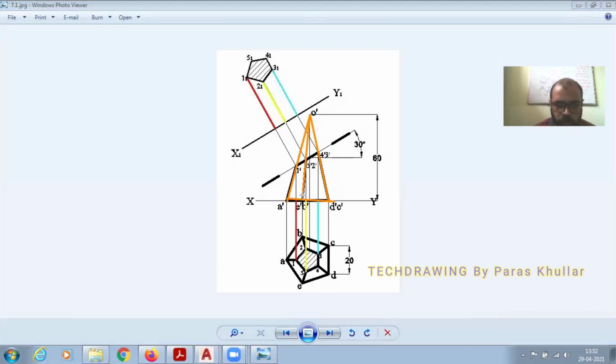right? So now what we will be doing, first of all, we will be drawing this cutting plane, okay, which is bisecting the axis. So that bisecting the axis will be done from the center line. From here it will be done. Okay, so this is the center line coming. So it will be inclined at 30 degrees. So first of all, we will do this, and then